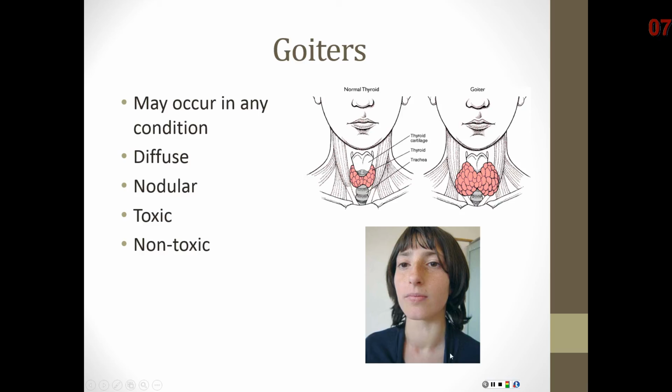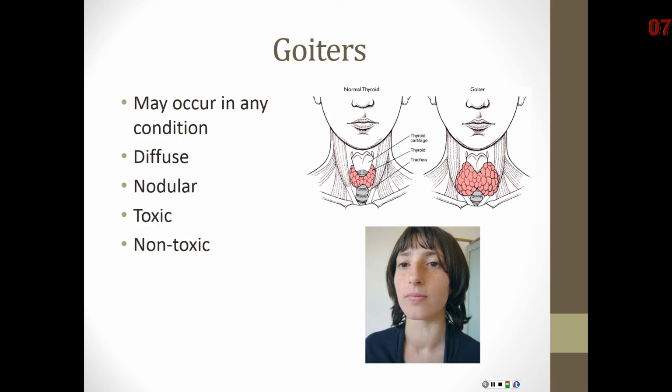Diffuse simply means the gland is equally enlarged. It could be one wing of it or the other. Nodular is where lumps are enlarging in it. A toxic goiter refers to one in which it is usually cancerous or diseased, and a non-toxic is simply an enlarged or overstimulated gland. In all cases, you're going to see a goiter forming because it's being overstimulated, primarily due